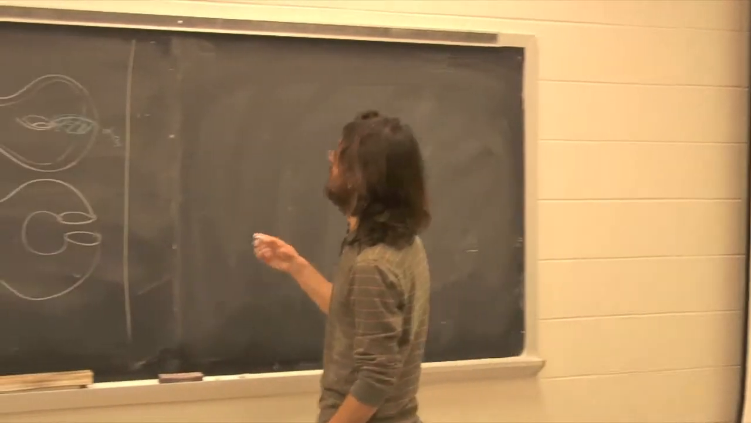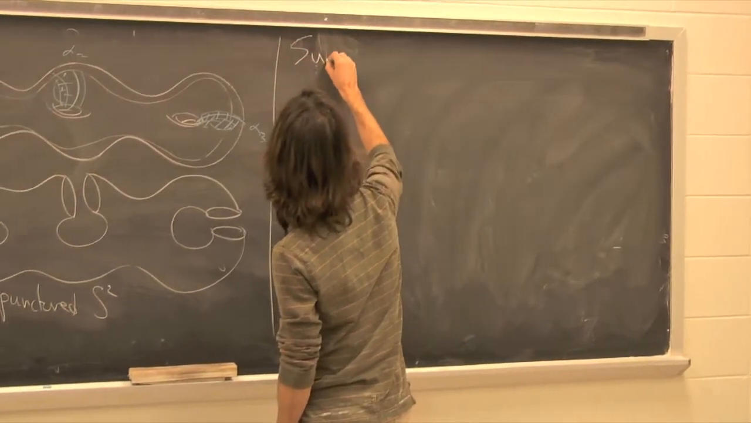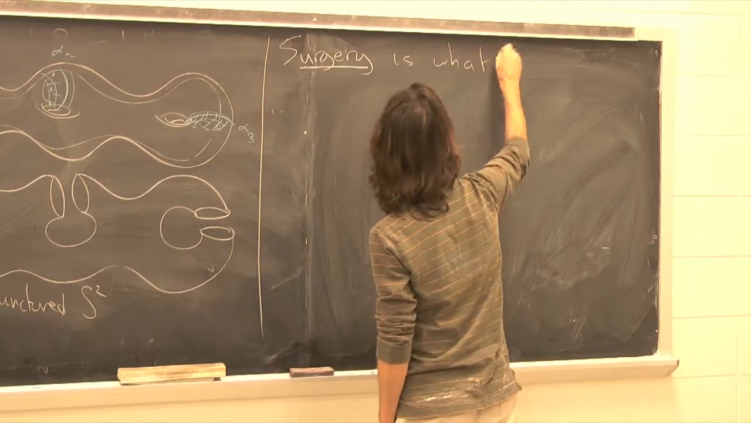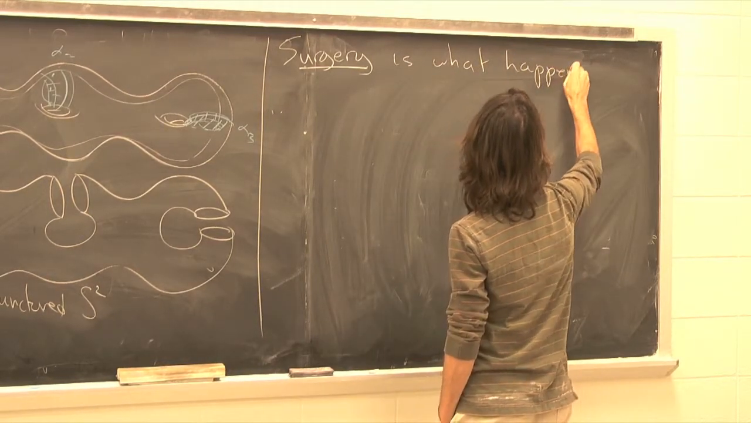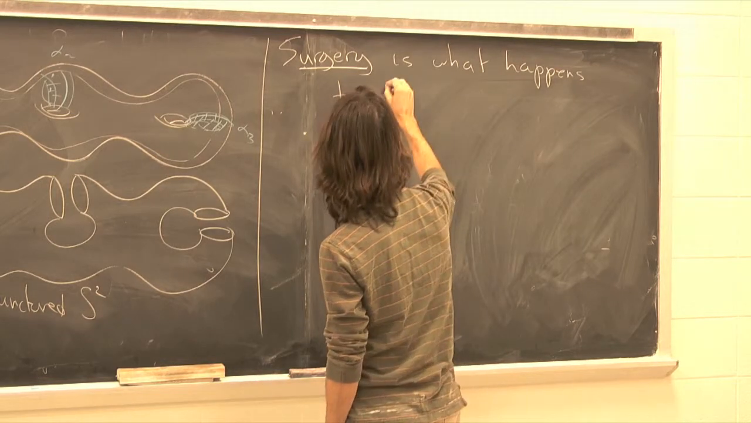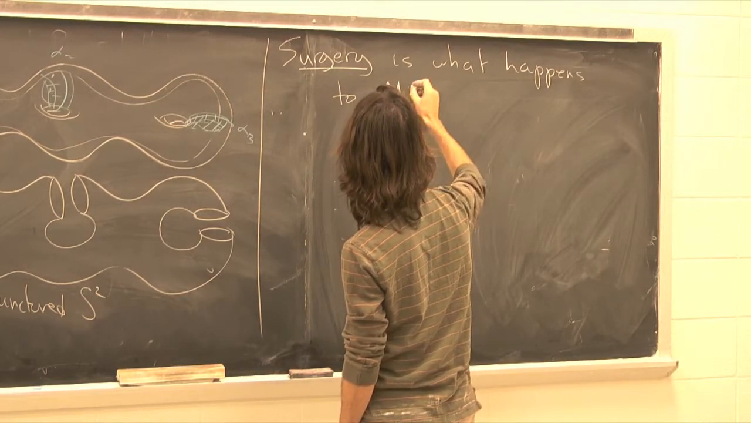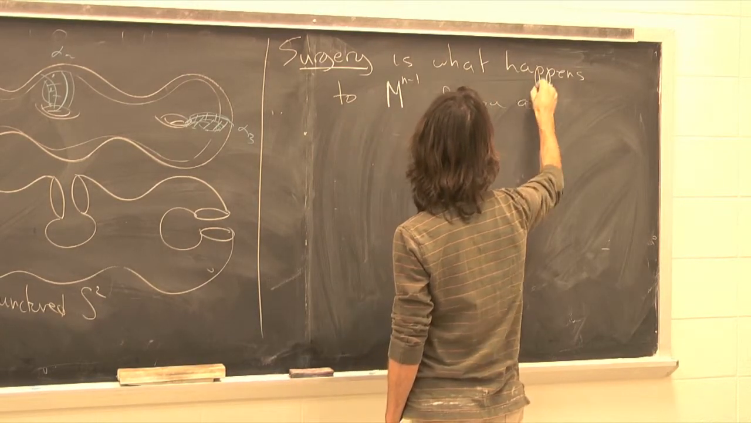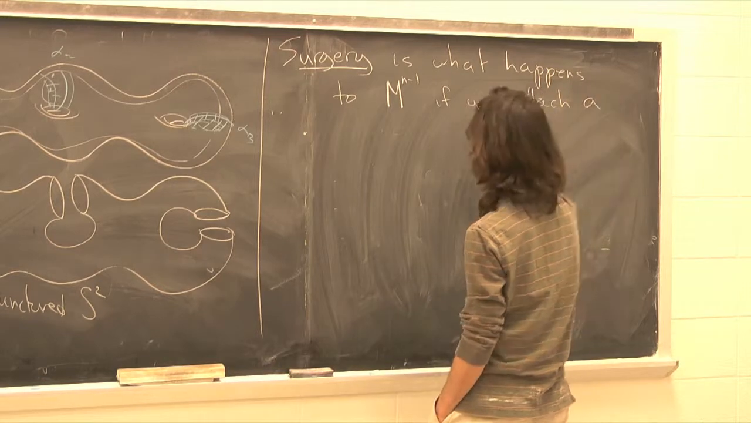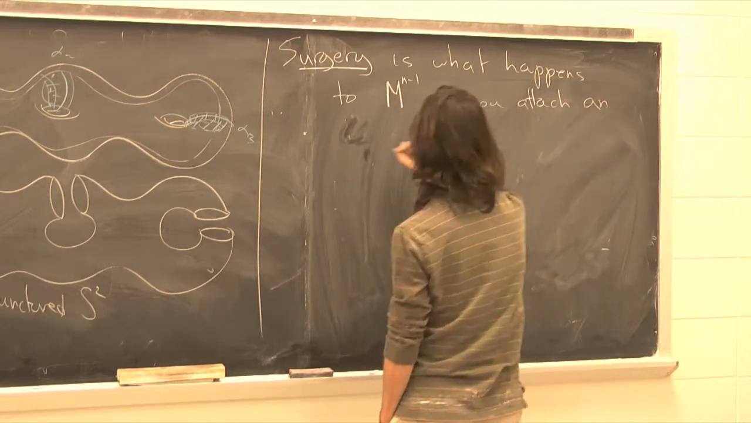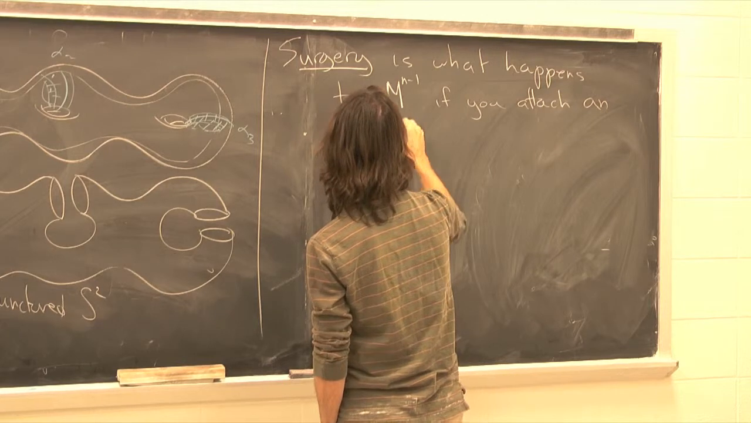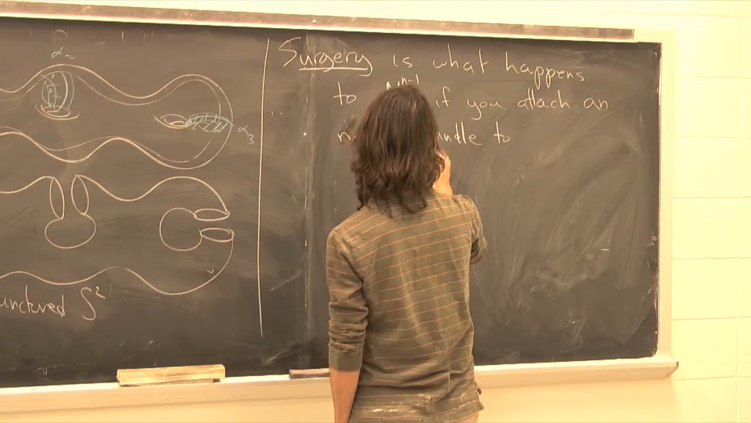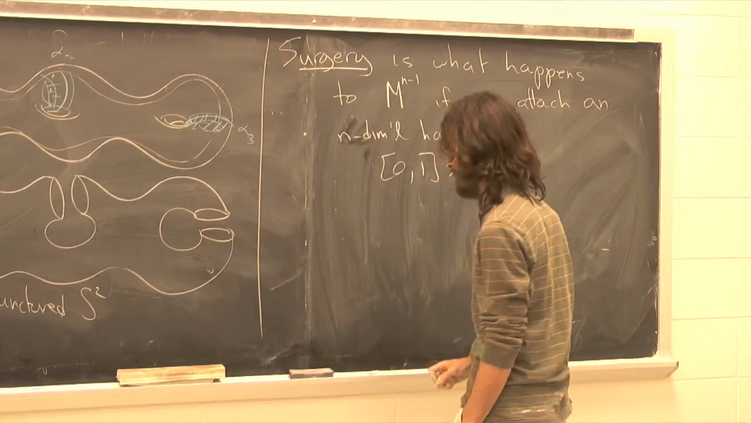Okay. So let me just type in surgery. So surgery is the following. Surgery is what happens to some n minus one dimensional manifold, okay, if you attach an n dimensional handle to 0, 1 cross the manifold. Okay, so what I mean by that is, i.e.,